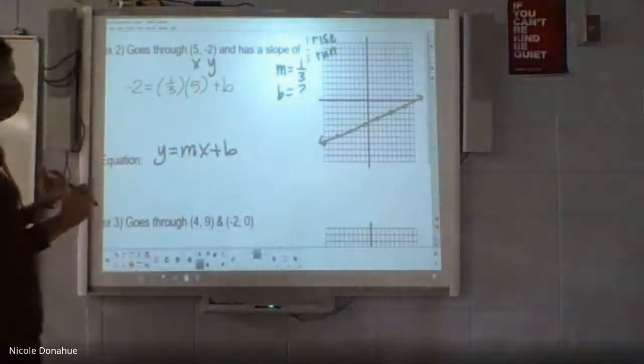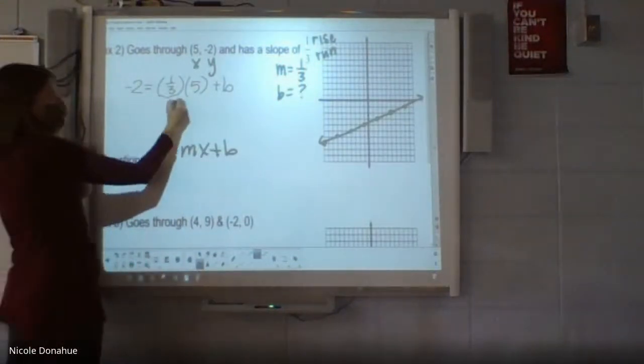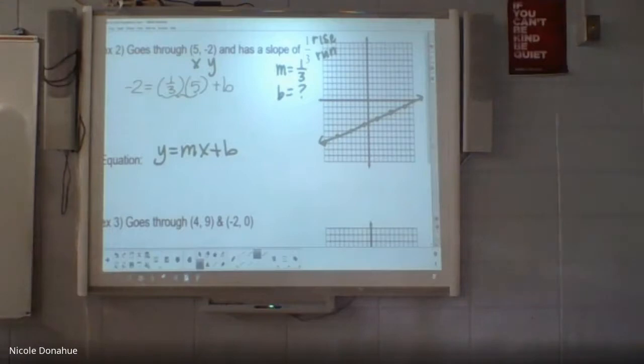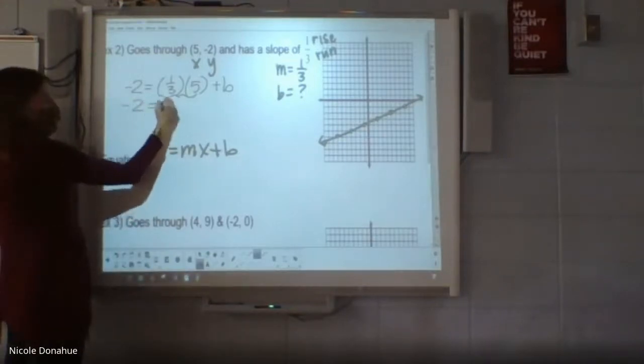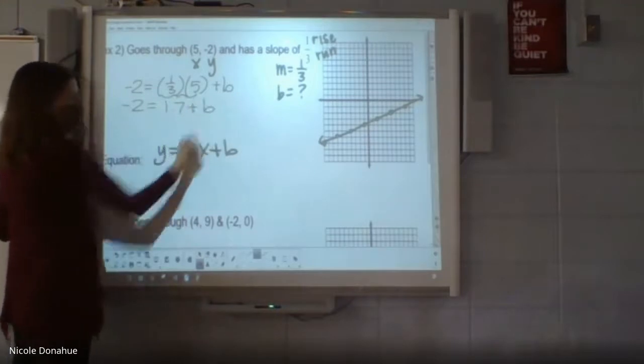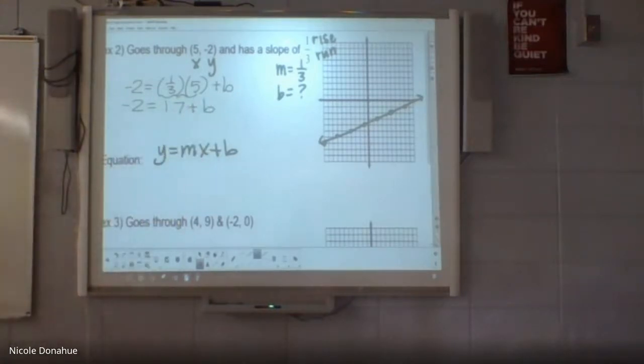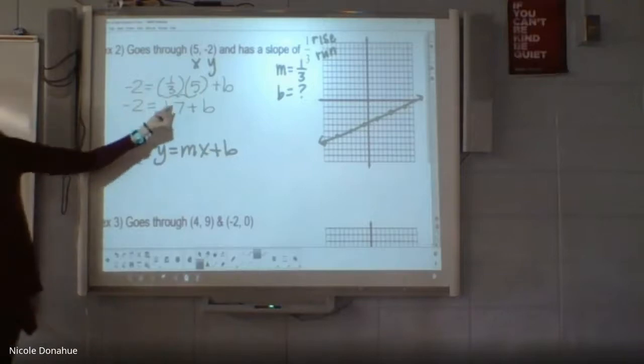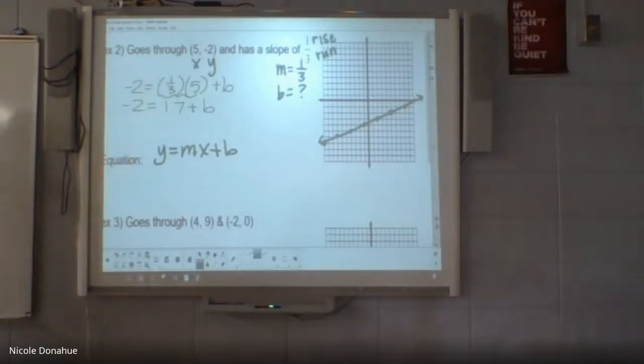All right, so at this point, this is telling me to multiply these two together. So 1/3 of 5. There is no nice way to take 1/3 of 5. It's either 5/3, or if you multiply that in your calculator, you get 1.6 repeating, I think? Yeah. So let's call it 1.7, because a decimal probably makes sense for my b about where it's going to be on my graph. So when I multiply those two, I rounded and called that 1.7.